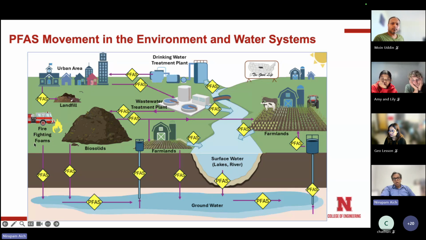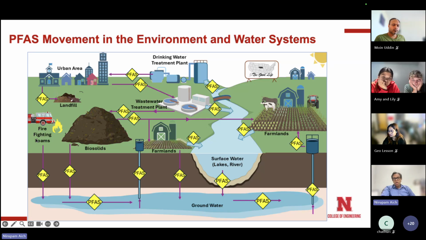A major part of PFAS contamination is firefighting foams, because if you think about all the fires we have, the wildfires, and a lot of army military bases that use a lot of explosives for training, they have to use firefighting foam all the time. So they also create a lot of problems for these army, military, navy, air force bases. And those defense infrastructures actually have most of the PFAS contamination compared to municipal contamination. If you look at the concentrations, you will be amazed how much more contaminated defense infrastructures are.